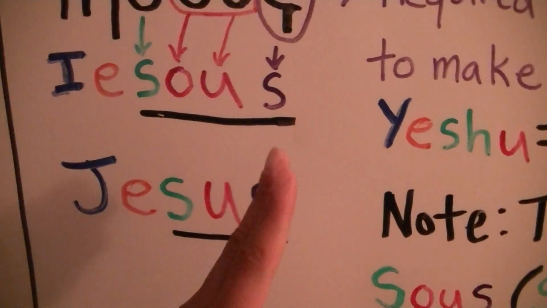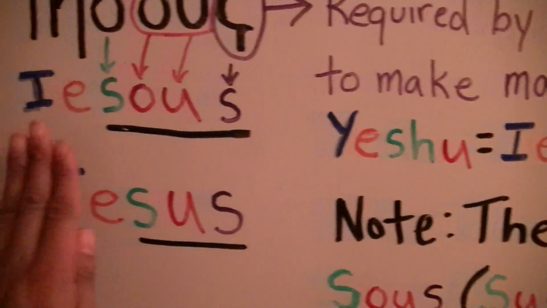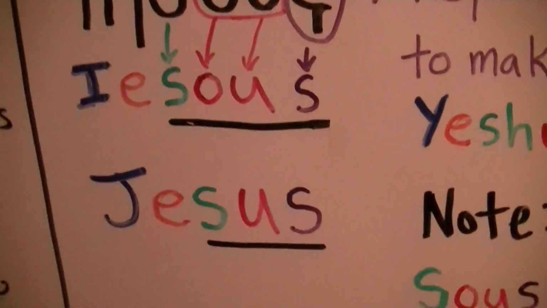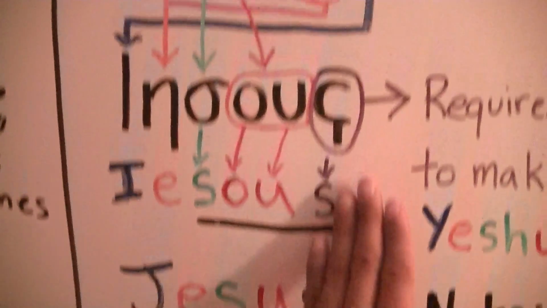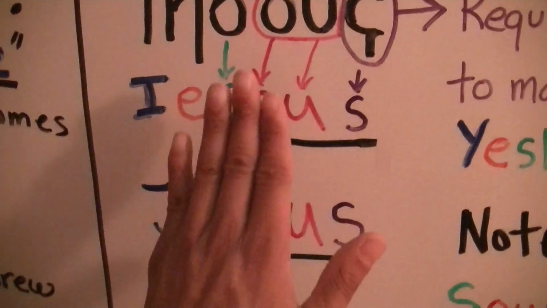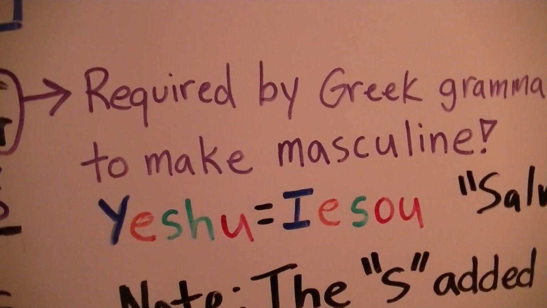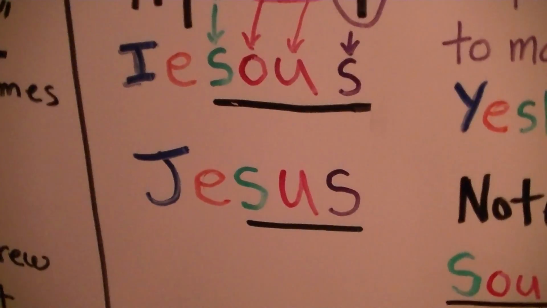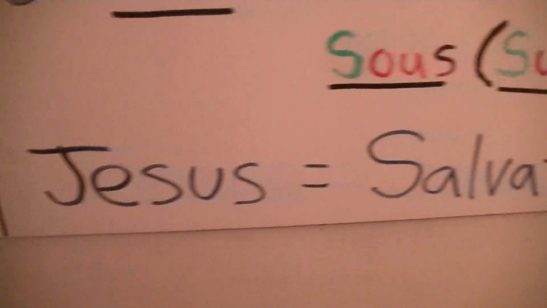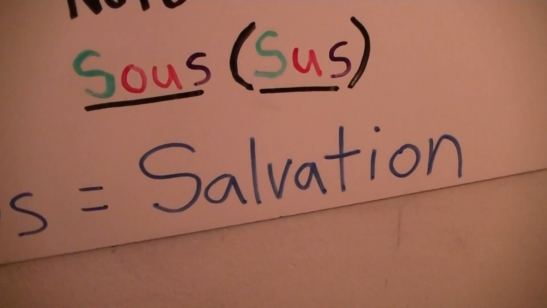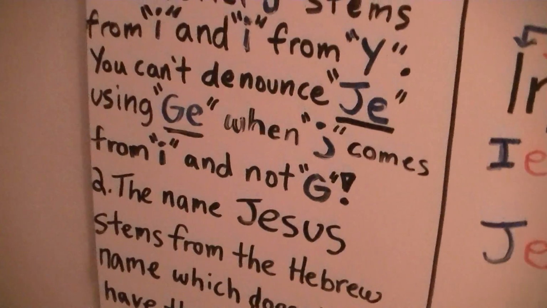That's what's happening right here with the name Jesus. Someone is taking a piece that means salvation, connecting it with this S and trying to say that it splits right here when it never did, when really it splits right here. Because the Yesu stems from Yeshua, which means salvation, and the S was added in the Greek to keep it masculine, to show respect. So the reality is the name Jesus actually means salvation. So once again, the whole doctrine of Jesus meaning earth pig,